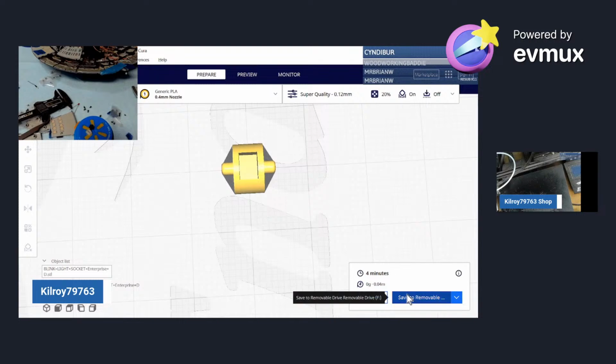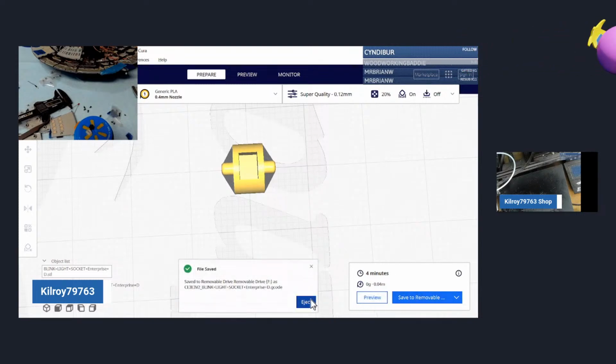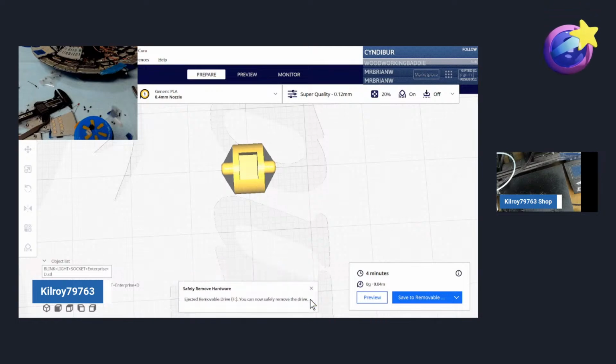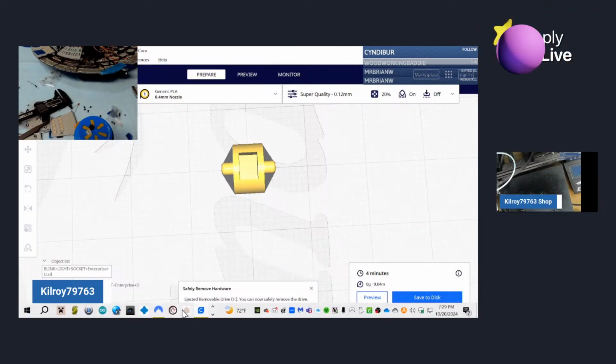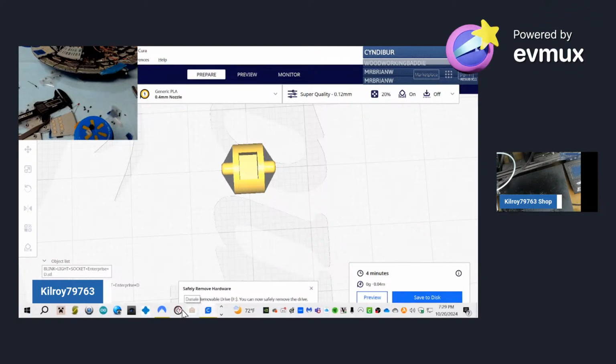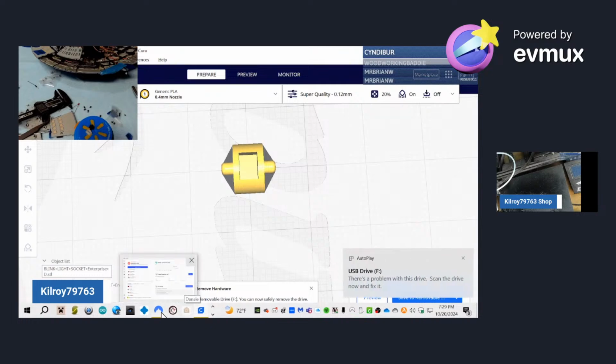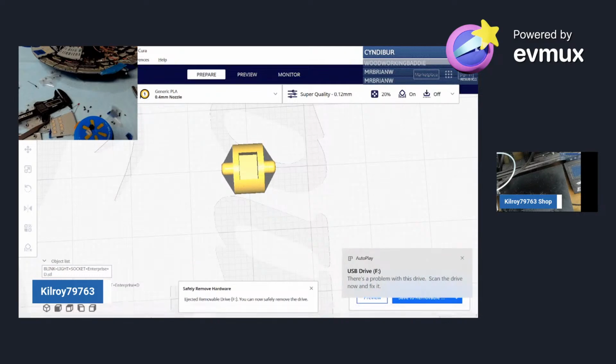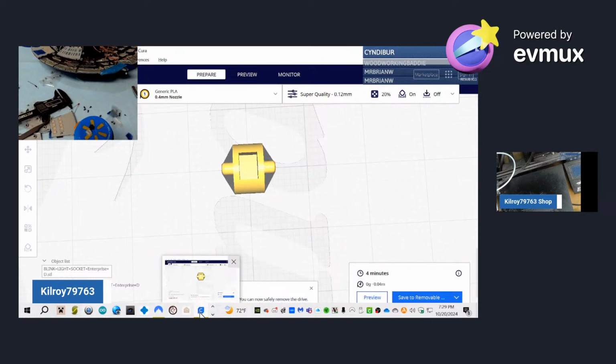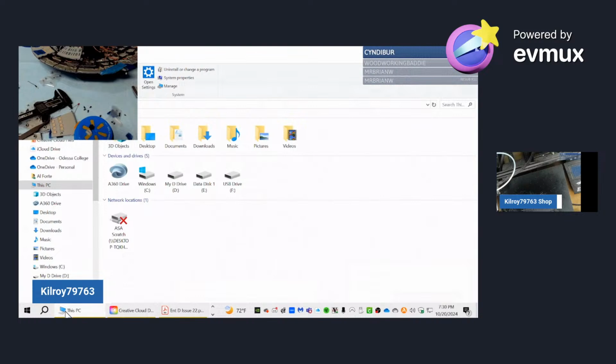Okay, I'm going to save this to the removable, and I'm going to eject the removable. I should have done that. Let me just look at it. Let me open it up. See, it says there's a problem with it, and I think this is the one card that I have a problem with. And what will happen is I'll get out there, and there won't be anything on there. But the link should be